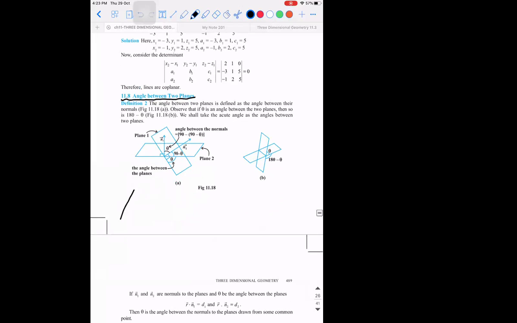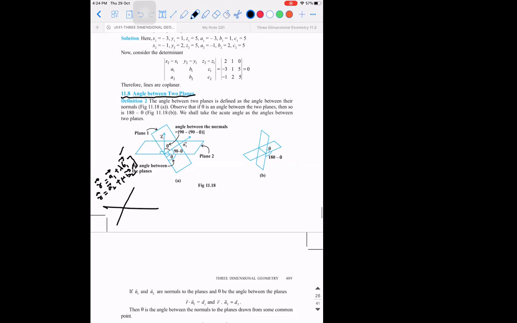See, when I ask you to find the angle between two lines, what will you do? If I give r vector is equal to a1 vector plus lambda b1 vector and r vector is equal to a2 vector plus mu times b2 vector, and I ask you to find the angle between these two lines, then can I say the angle between the lines is the angle between their direction ratios? Sorry, not equation, angle. The angle between the lines is equal to the angle between b1 vector and b2 vector. Can I say it like that? Guys, you're able to understand. We did this also in the last exercise.